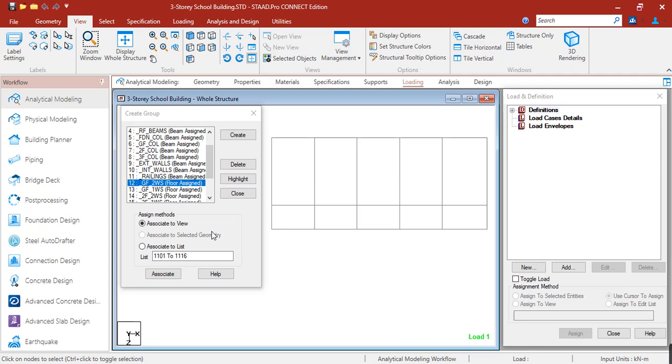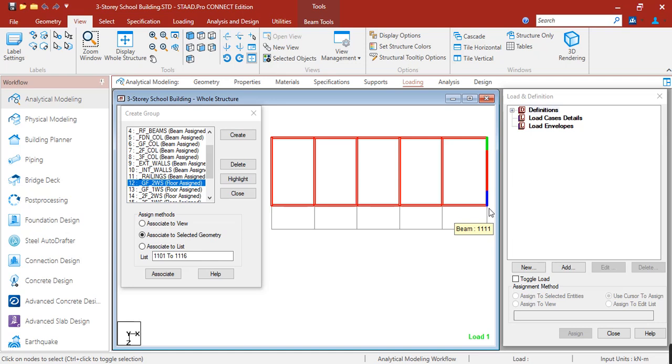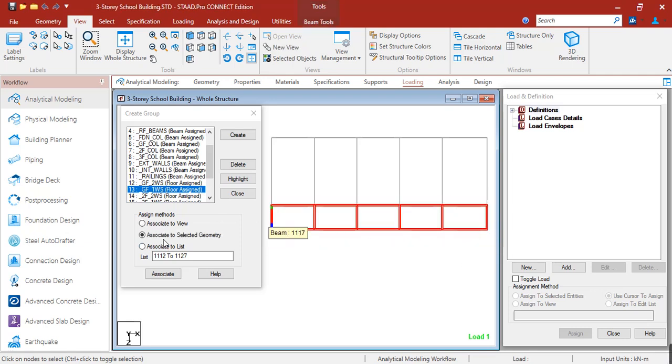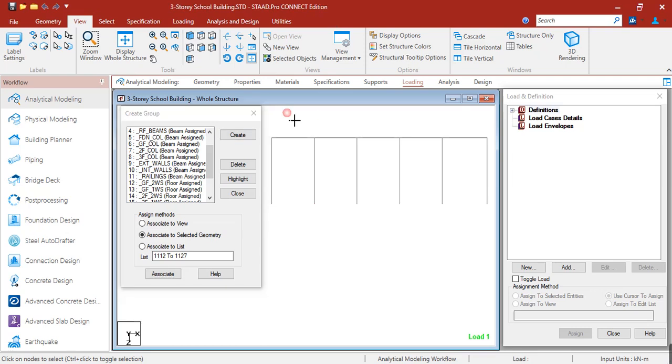For example, for two-way slab, select all the enclosed members, then click associate to selected beams, then click assign. Then also for the one-way slab, just highlight the one-way slab, select associate to selected geometry, and click associate. Okay, so that is for the ground floor.